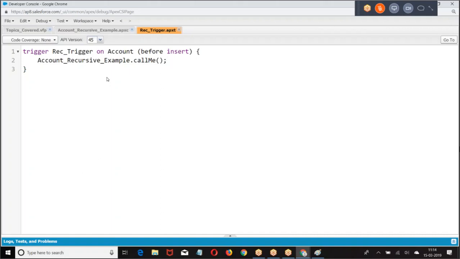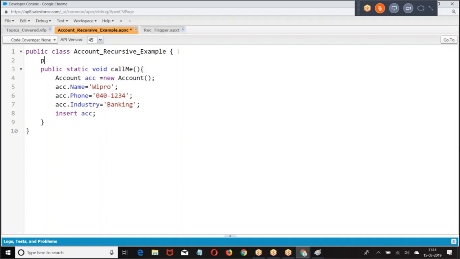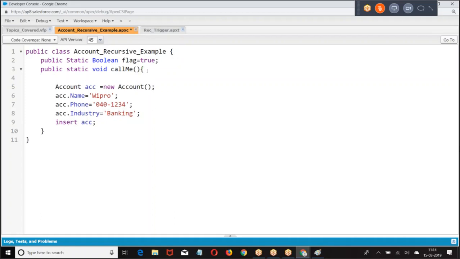I may have a scenario where, whenever the parent account creates a child branch, I have a requirement to create one more account on the same record. Then how do you avoid this? In that case, I will go with a public static boolean. A static variable means it is common for all the objects. Then I said, if flag equal to true,